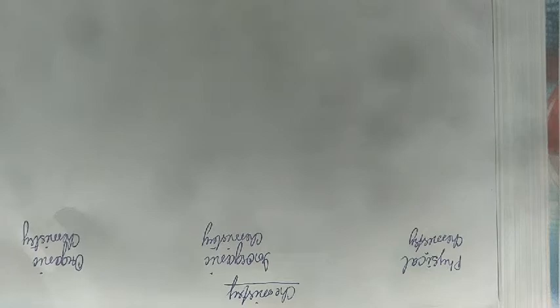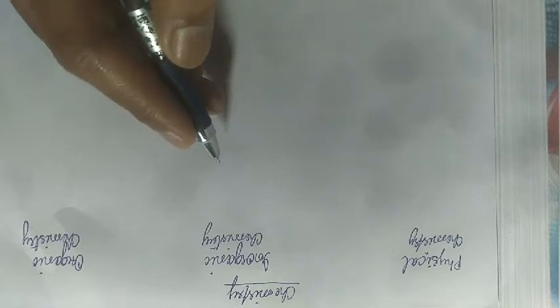Okay. So when we talk about chemistry, it is basically divided into three branches, which we can see here: physical chemistry, inorganic chemistry, and organic chemistry. So now today we will see the first chapter of inorganic chemistry, class 11, which is